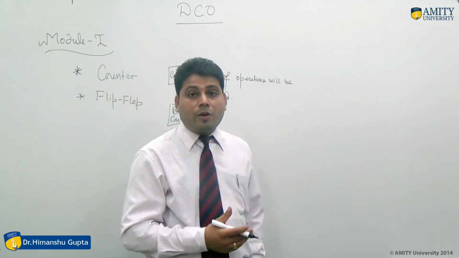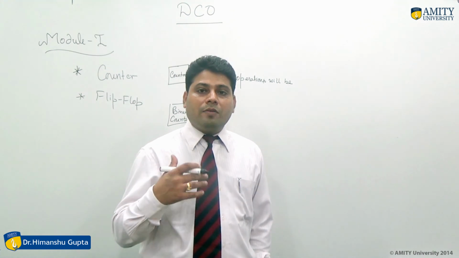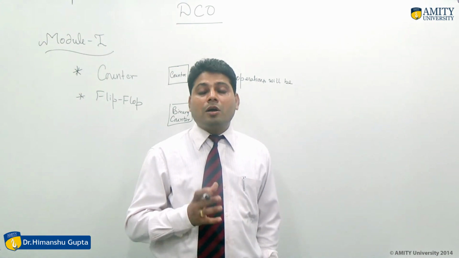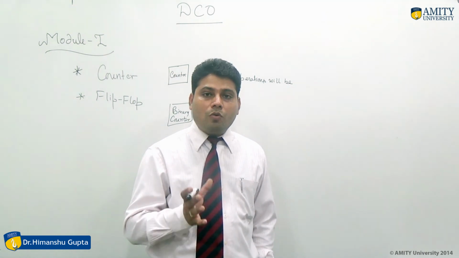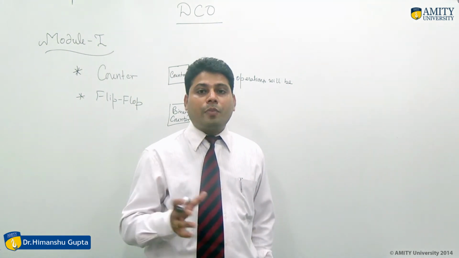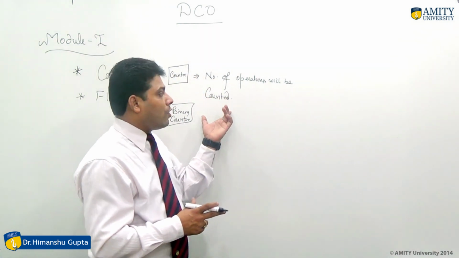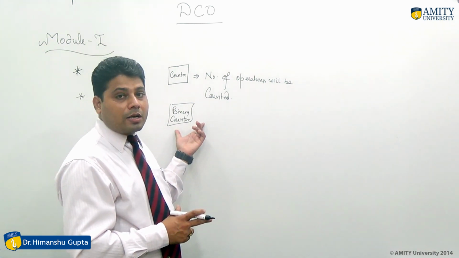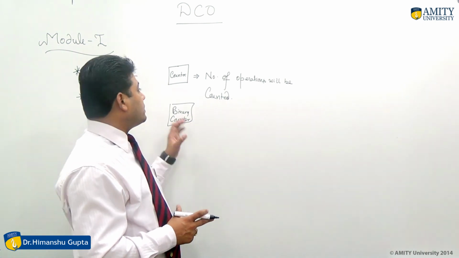Why is it called the binary counter? Because it will count binary values. As we perform a specific operation, then whatever result we get, we have to use the counter. Because the counter is a device through which we can count and we can control the processing speed through various components of the counters. If we are talking about the binary counter, we handle this counter by using binary numbers, and by using binary numbers we can count.